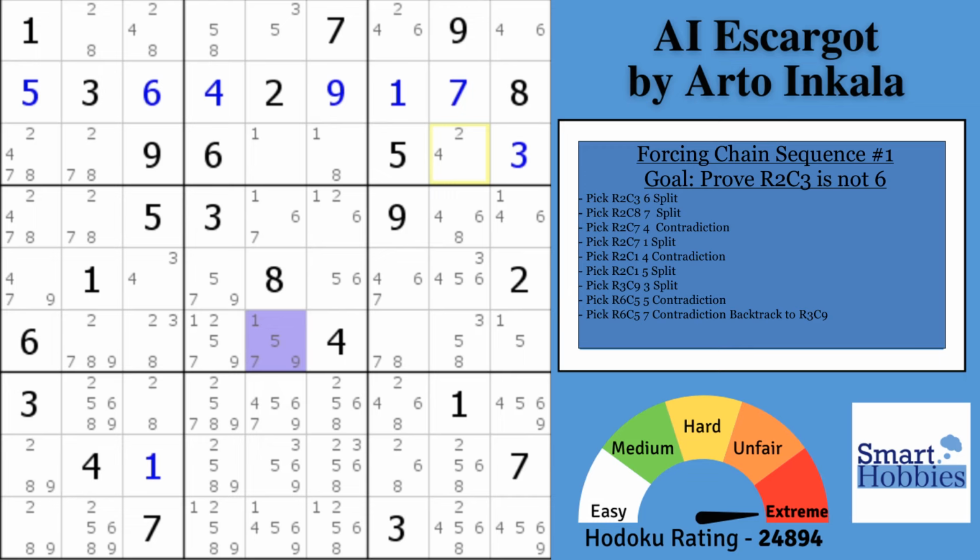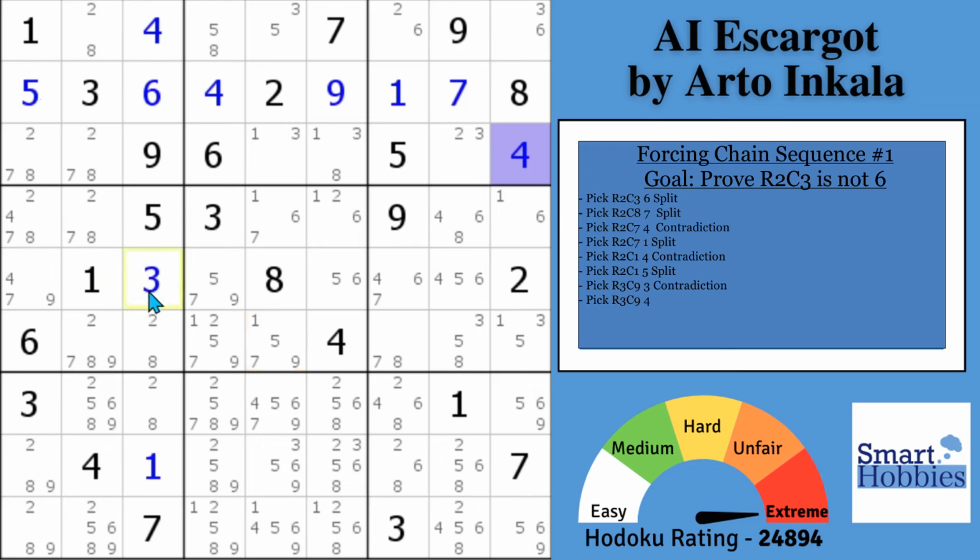And we'll try a 4 right here. All right, get rid of this color, and we'll see what happens here. Put a 4 right there. You get a 4 and a 3 here. You'll notice the only place for a 4 in block 1 is right there. So you get a 4, 3 pretty quickly in